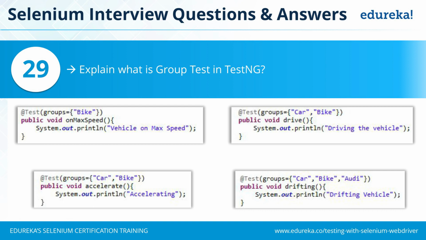So I can provide these group names, and when I execute a suite with group name as sanity, only test cases which are included in the group sanity will get executed. Smoke test case, same case, that is, there might be few test cases which I want that whenever there is a new build, I want to execute the smoke test cases. So only test cases which have smoke test as the group will get executed in this particular scenario.